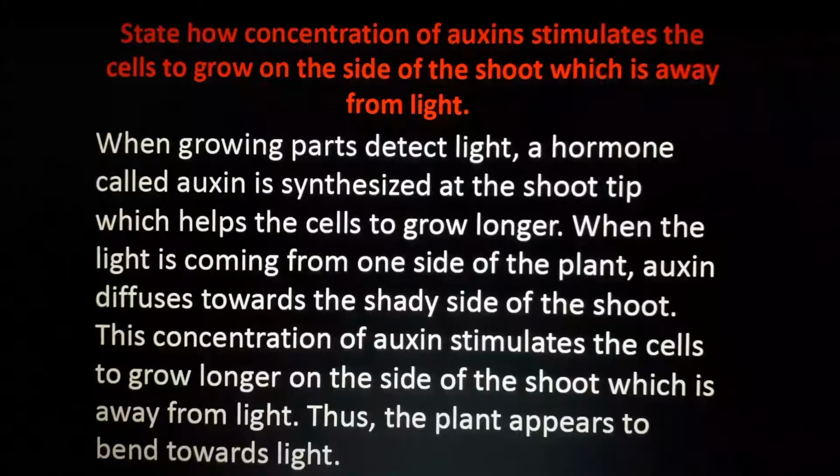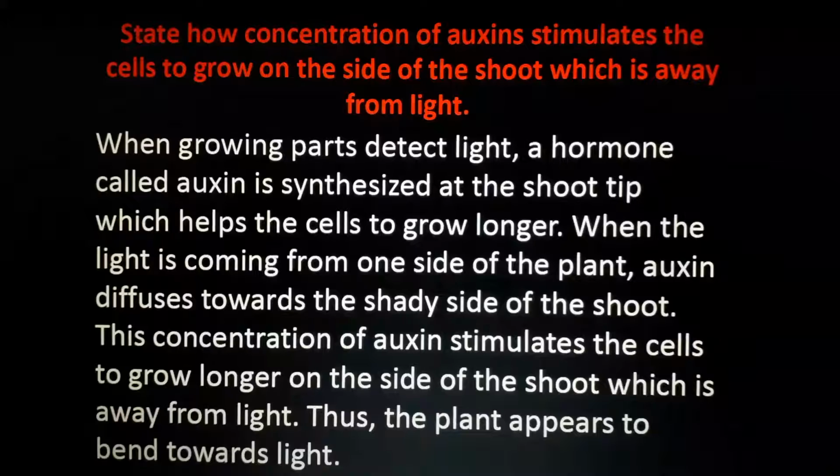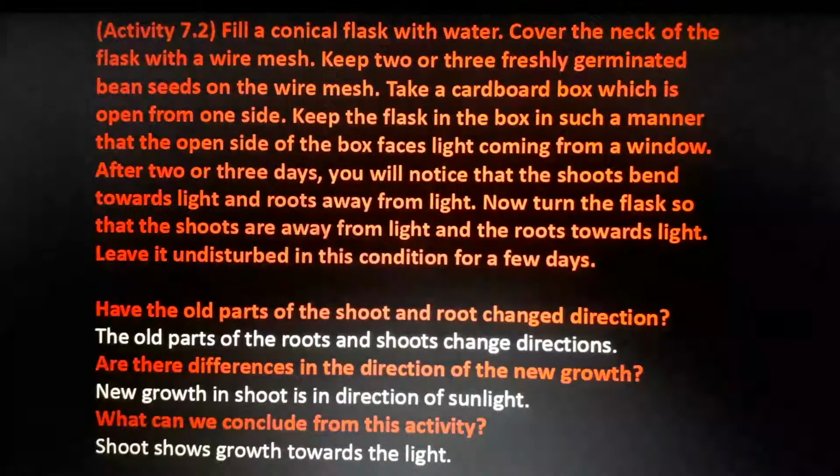Ever imagined why the plants or the trees are bending? It's only because of the presence of the hormone called auxin. Auxins are the most important growth hormones in plants, and these auxins are not very friendly to light. Whenever the light is coming from one direction, auxins will try to concentrate in the opposite direction, to the darker side, and it will grow only in that part. If one part is not growing and the other part is growing, automatically the plant will bend. That is the reason why plants bend towards the light.